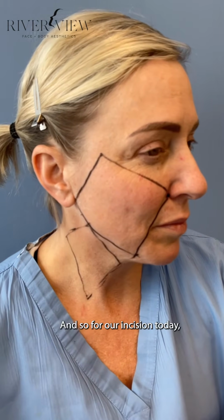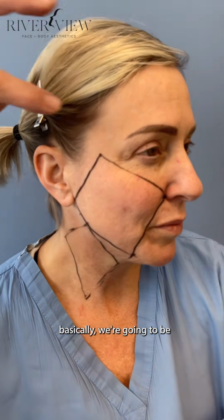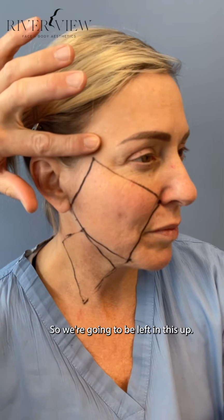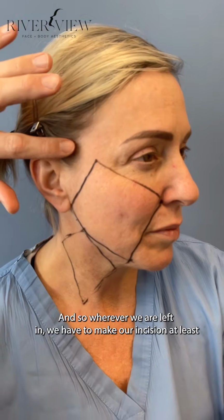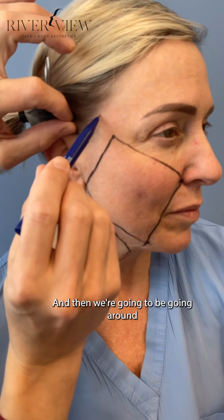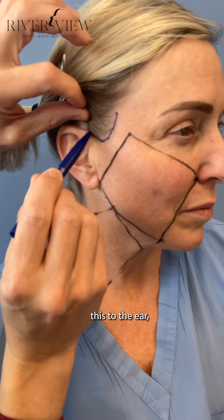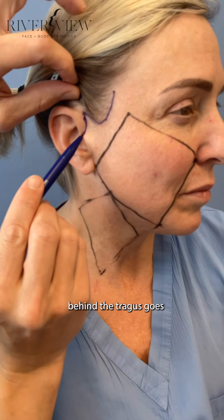And so for our incision today, basically, we're going to be improving this little bit of the brow that's also depressed. So we're going to be lifting this up. And so wherever we are lifting, we have to make our incision at least that high. And so I anticipate her incision going about this high along the tuft of hair here. And then we're going to be going around this to the ear, in front of the ear, behind the tragus,